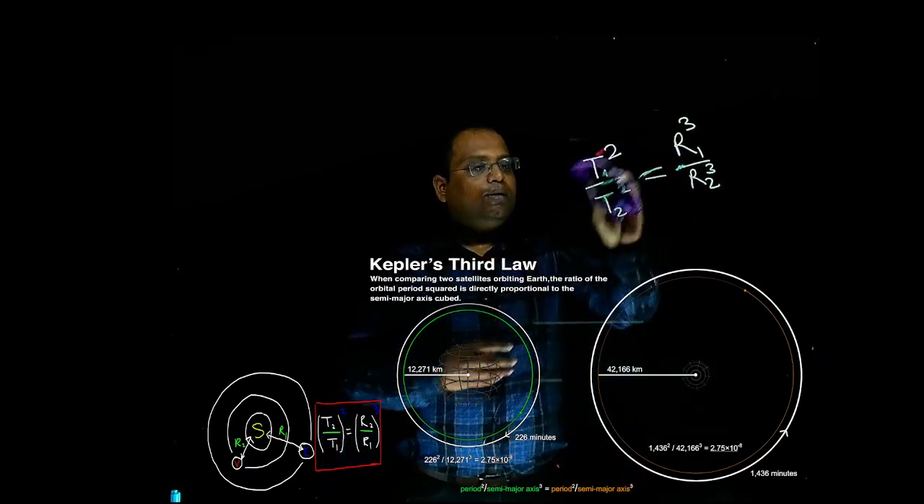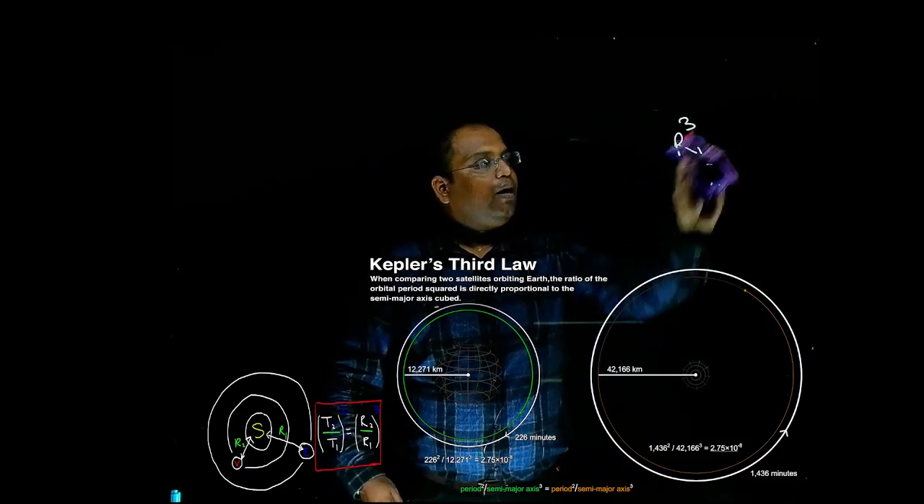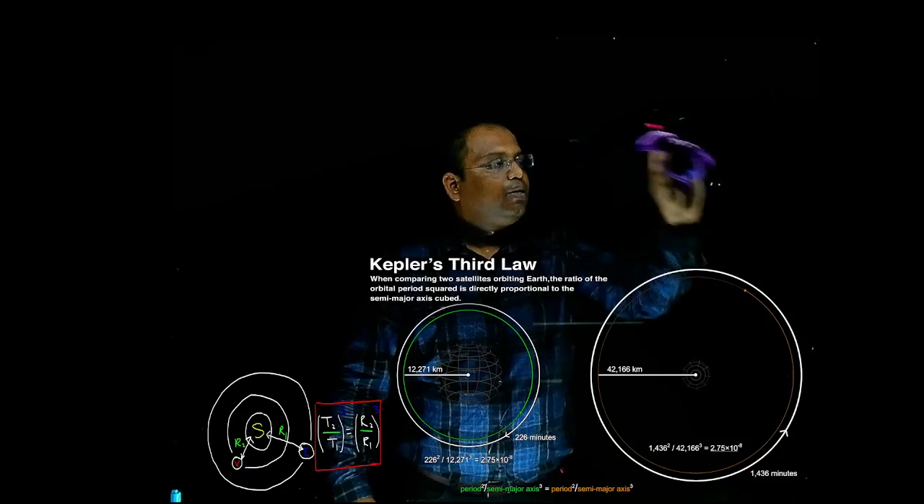Now we will see in the next slide how satellite communication happens. For this, the fundamental requirement is one antenna. So here we can see